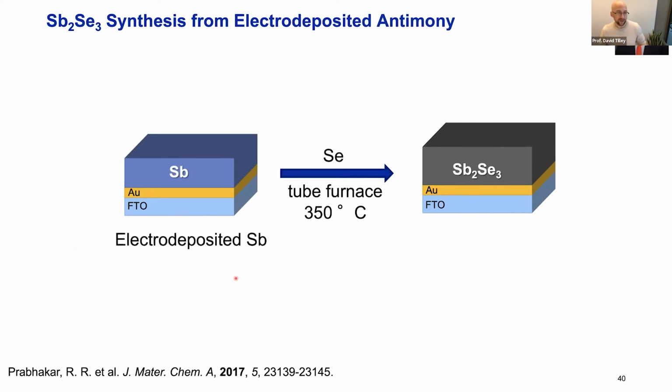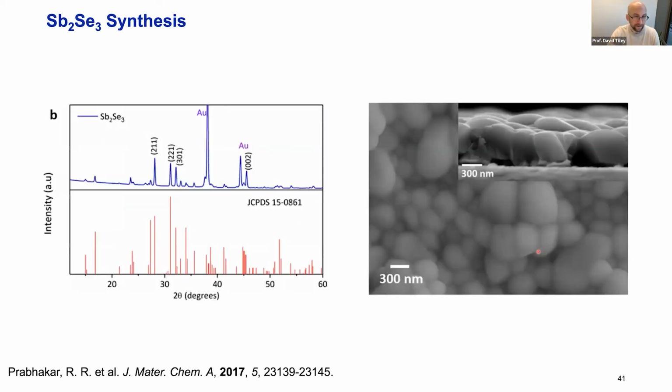So I'm going to talk about Rajiv's first work, where essentially our method is, we try to do a low cost approach. We take again gold because it makes a nice ohmic contact at the back. It's a good charge extraction. We electrodeposit antimony metal, and then we selenize it at a relatively low temperature to get antimony selenide. And so we characterize it, we get the orthorhombic phase, and what we see here is it's primarily HK1 oriented, which means these one-dimensional